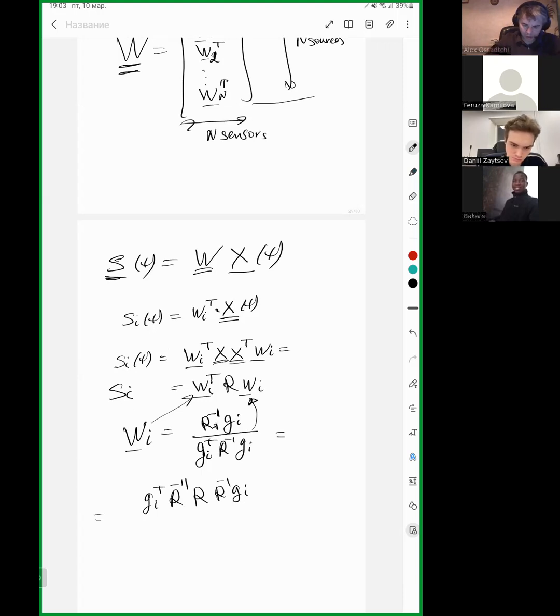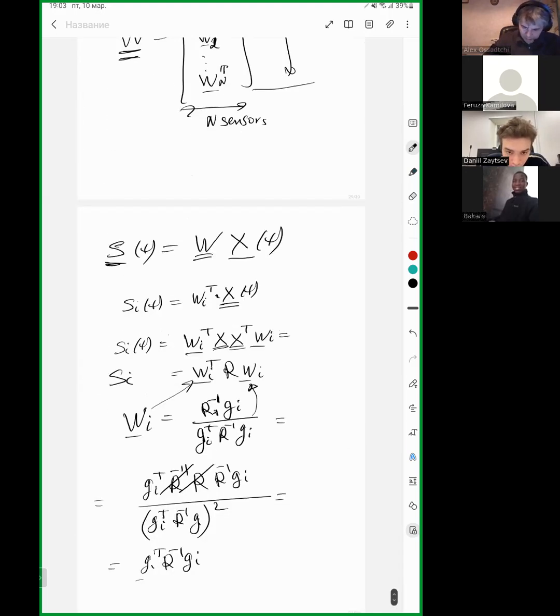In the numerator, divided by g_i transpose R minus 1 g_i squared. Well, this R minus 1 and this R annihilate, and then you have g_i transpose R minus 1 g_i divided by g_i transpose R minus 1 g_i